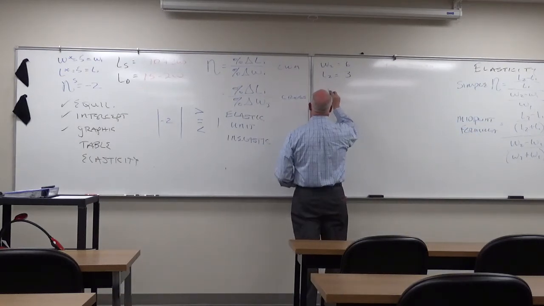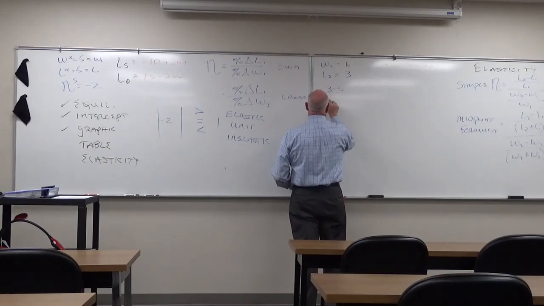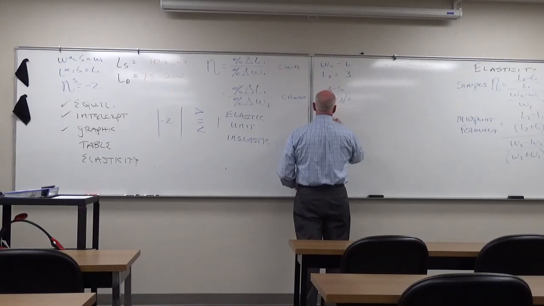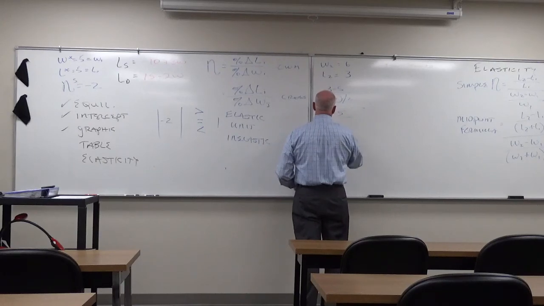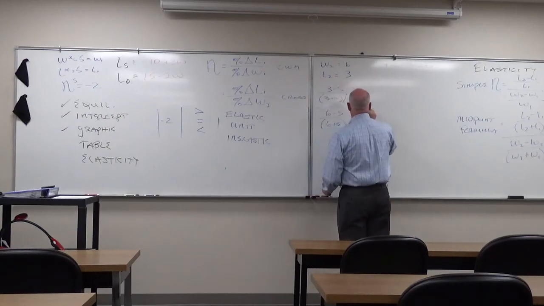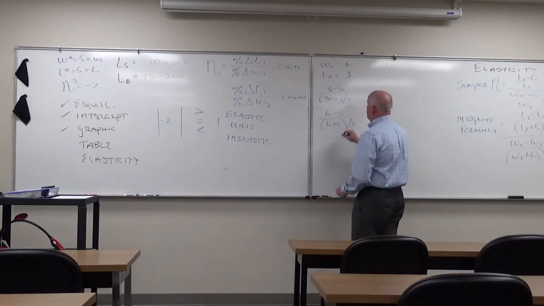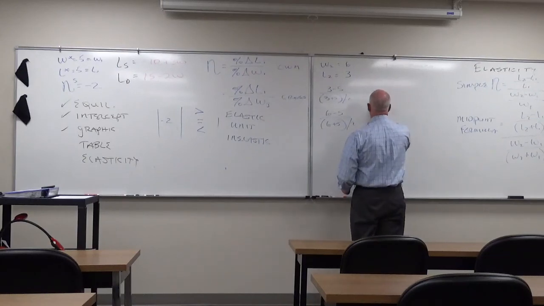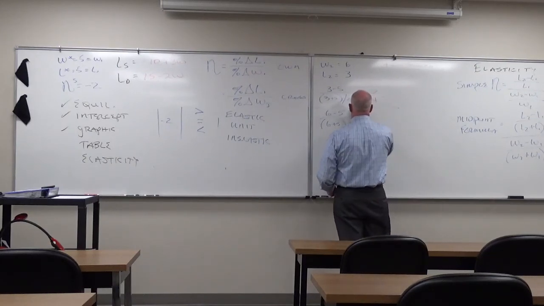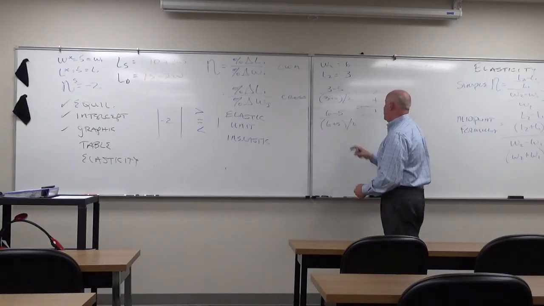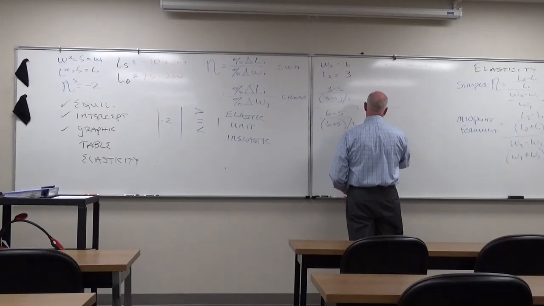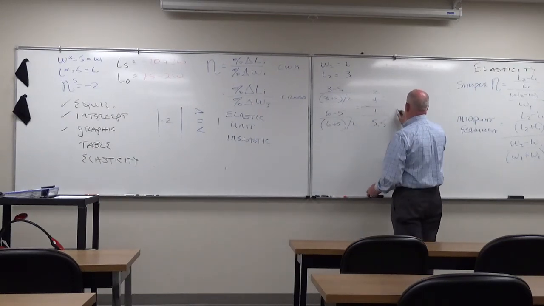So I'm going to then say 3 minus 5 divided by 3 plus 5 divided by 2, over 6 minus 5 divided by 6 plus 5 divided by 2. So I've got negative 2 divided by, so 3 plus 5 is 8, divided by 2 is 4. And that's all going to be divided by 1 divided by 6 plus 5 is 11, divided by 2, 5.5. I'll simplify this because of my own